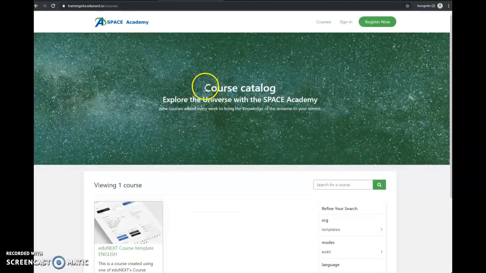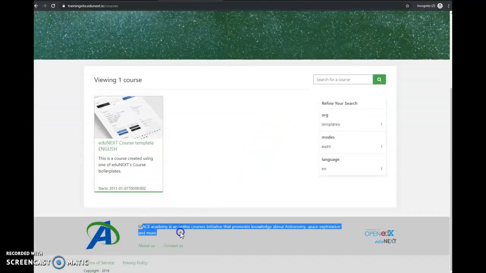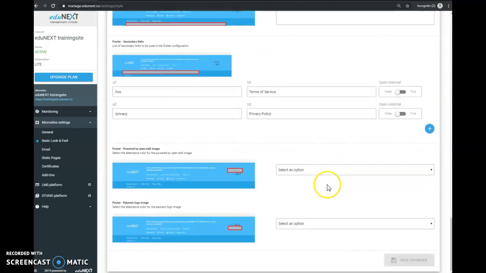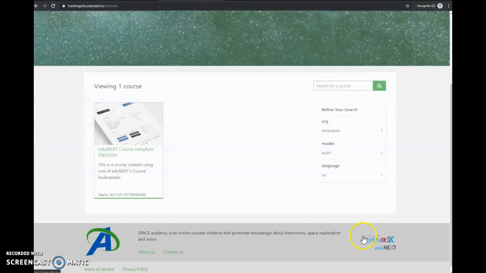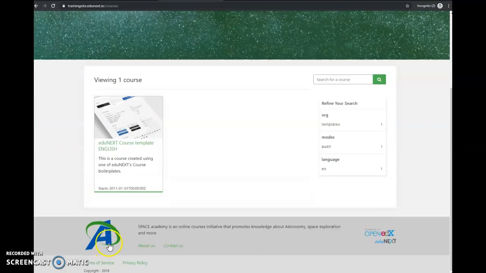So I just reloaded my course catalog page, and I already have these captions that I added here, and of course the text and the links that I just added. So this is how it looks, and it finally allows me to do some selections on the colors I want for these links. So there is a powered by OpenEdX link that I can select a different color depending on what matches my branding best. And also the eduNEXT link, I can select here some combinations as well, either full colors or some light colors or some darker colors, and all that should, as soon as the cache clears out, reflect on my